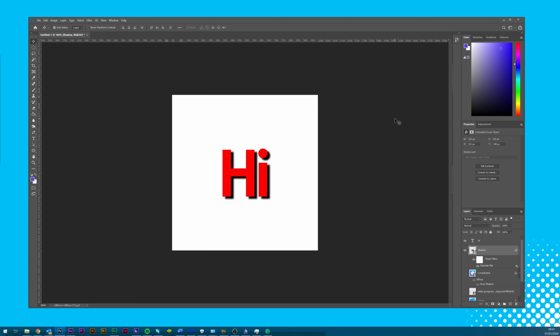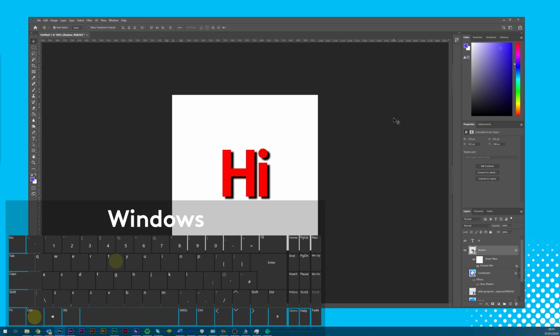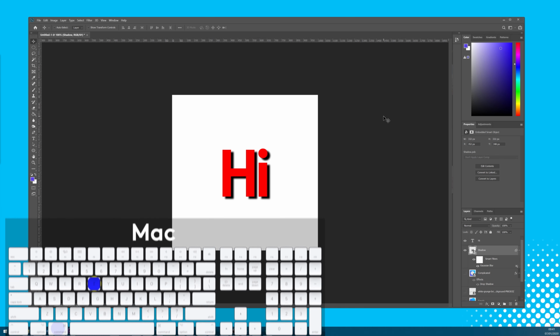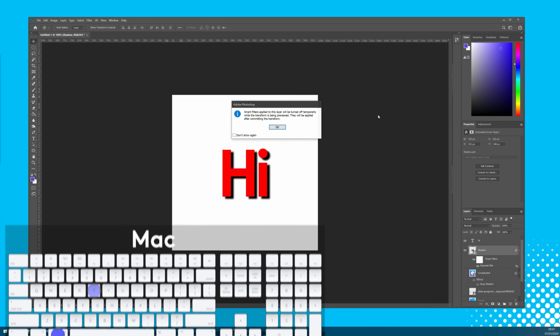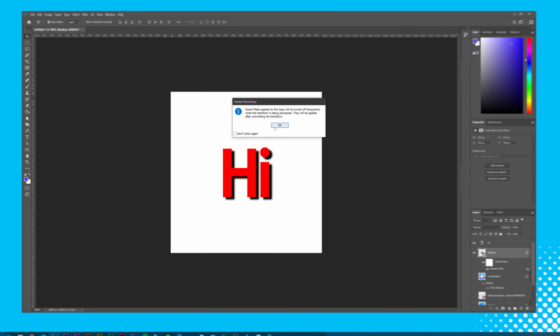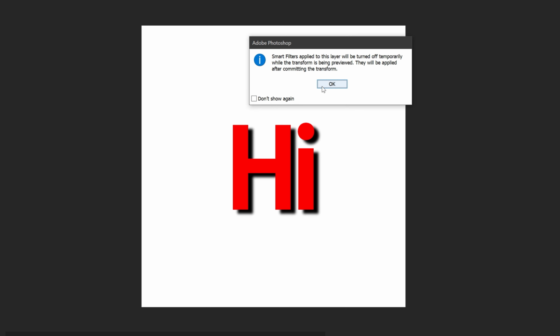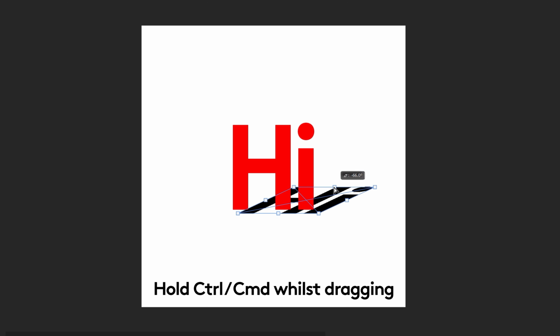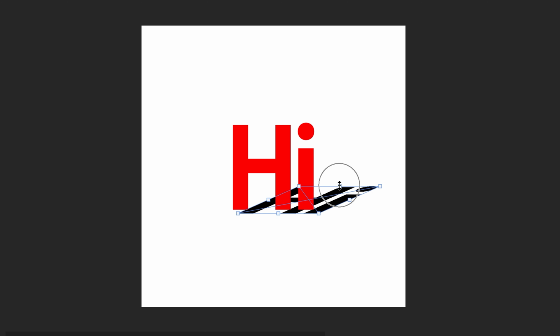Another handy advantage of having the shadow as a smart layer is that we can continue to tweak the perspective. By enabling the layer controls for the shadow layer like we did earlier, by selecting it in Layers and pressing Ctrl or Command-T, we can hold those keys while we warp whichever corner we want. Smart filters will be turned off temporarily, so don't worry if our lovely blur disappears while we adjust the perspective. It actually helps us out at this point as we can be more accurate with the placement of the shadow's base. I want to make it look like the shadow is coming directly off the text, so I stretch it out a little bit further than the height of the text.